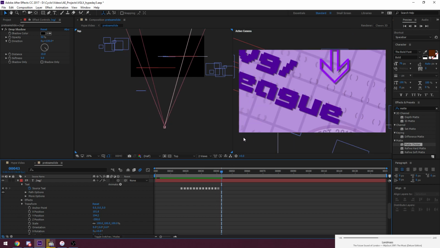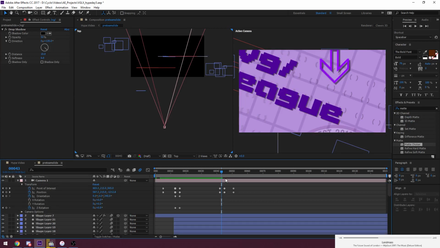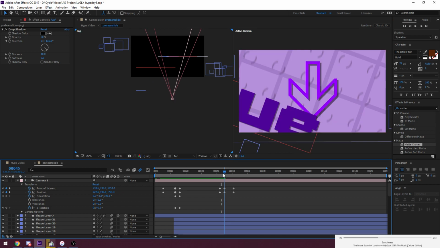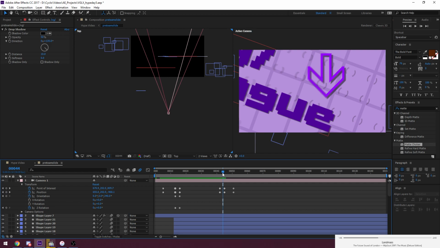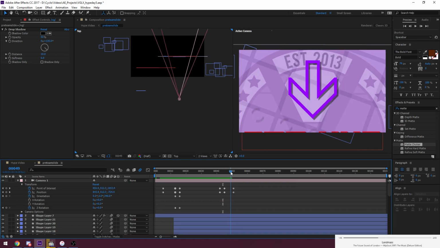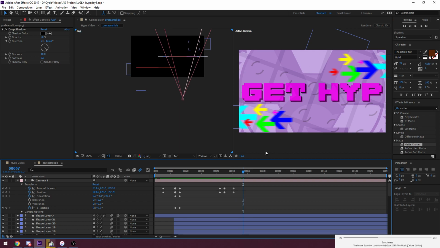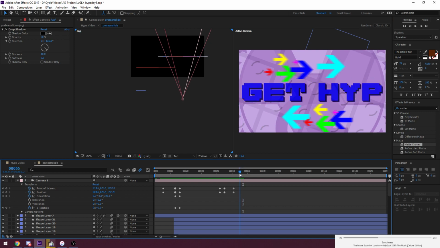And then the camera does another move where I open it up. It's going to zoom in a bit on this arrow coming up. There you go. Now it zooms in on it. And it's going to track it moving down. So the camera moves down at the same time as the arrow into the get hype text. And when the camera gets the get hype text in the center of the screen, it stops. And the arrow keeps going. And then you've got a bunch of arrows going to and from the screen just to add a little bit of color. And then the get hype screen, again,